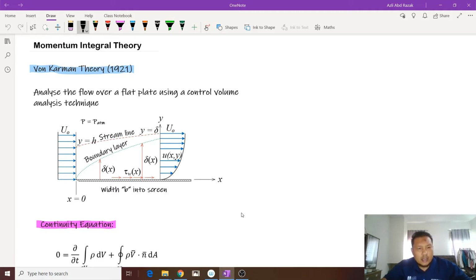Von Karman analyzed the flow over the flat plate using the boundary layer control volume analysis and the momentum equations. There are more advanced methods developed by Prandtl, but we first look at von Karman's. Looking at these figures,